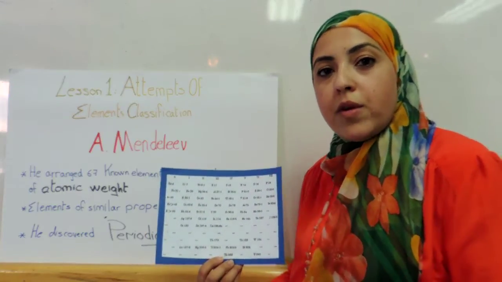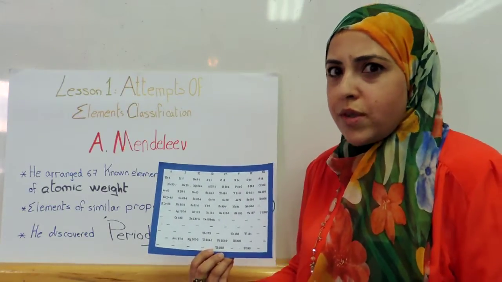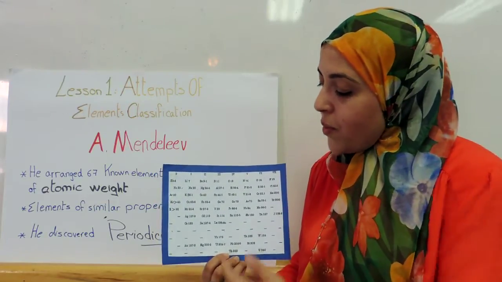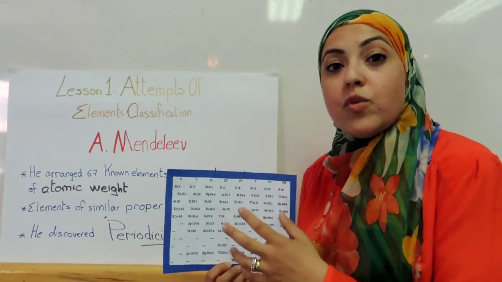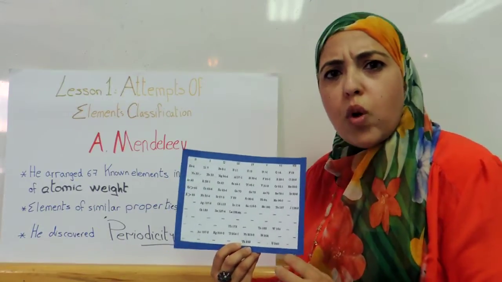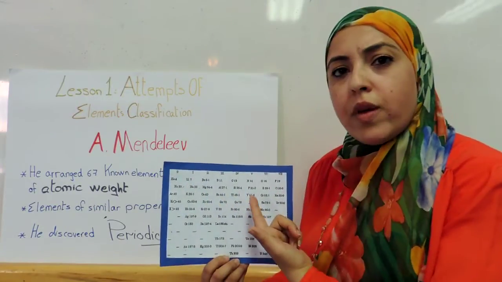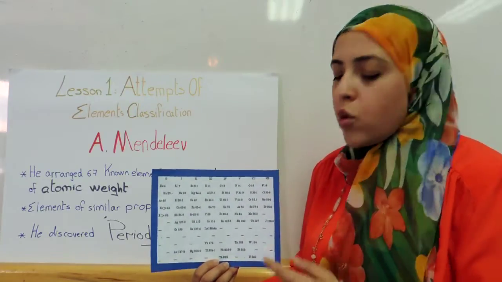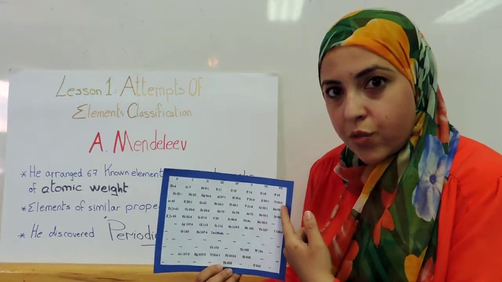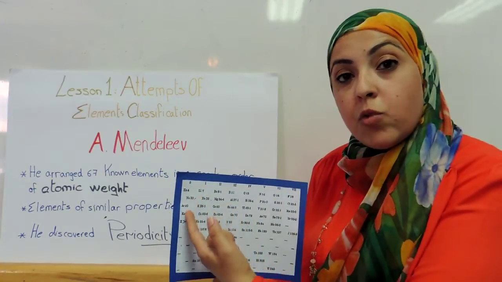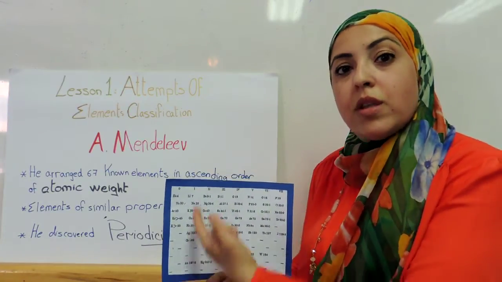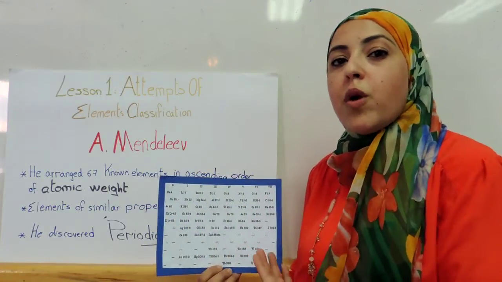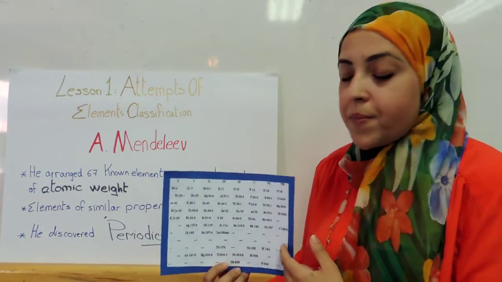Periodicity is the disappearance and appearance of properties. Pretty simple, right? Well, let me make it a little bit clearer. Let us say, for example, the sodium right here. The sodium reacts vigorously with water, but as you move from left to right, you'll find this property decreasing until it disappears altogether when it reaches right here. But then it appears again when we start in the very following period in the same group. This disappearance and reappearance of the property is called periodicity.